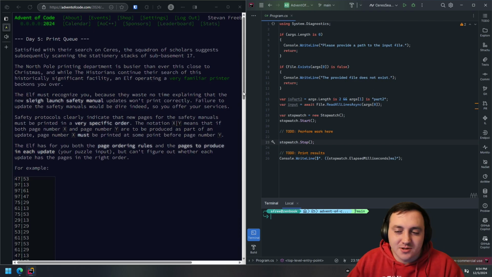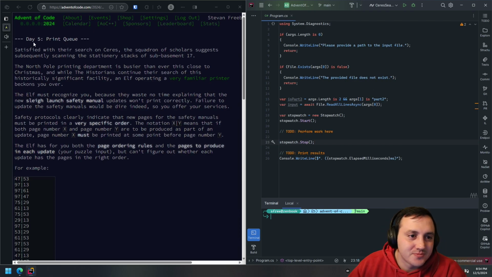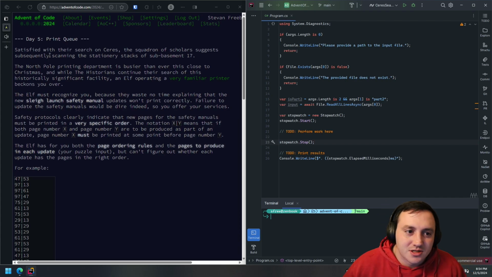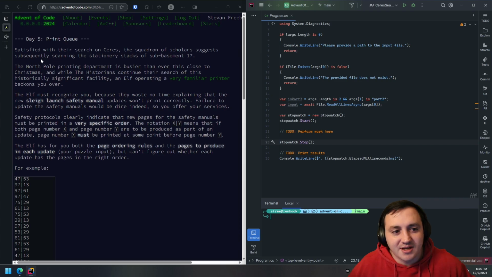Okay, so let's go ahead and jump in here. We've got our puzzle. Day 5, it's called Print Queue. Satisfied with their search on Ceres, the squadron of scholars suggests subsequently scanning the stationary stacks of Subbasement 17. The North Pole printing department is busier than ever this close to Christmas, and while historians continue their search of this historically significant facility,